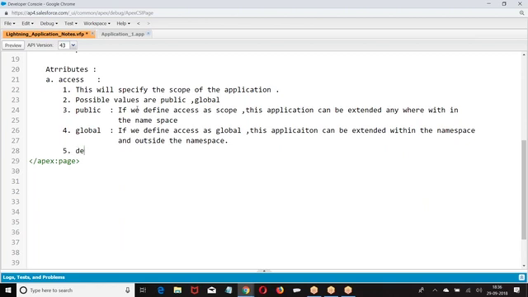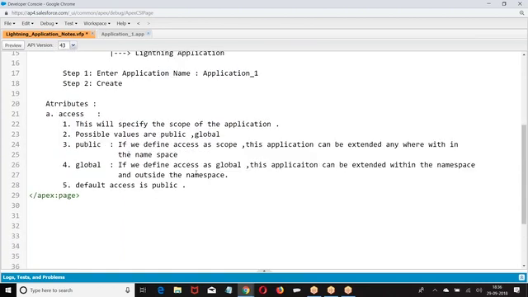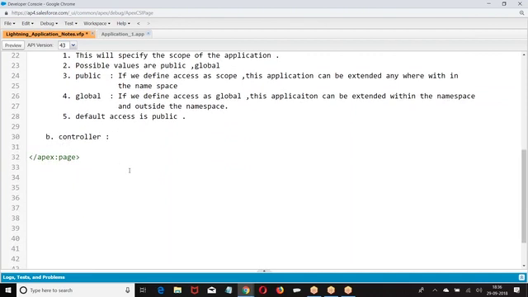Default access is public. So next attribute, what is the controller? Controller is nothing but an Apex class. This will specify the name of the Apex class which we want to use.